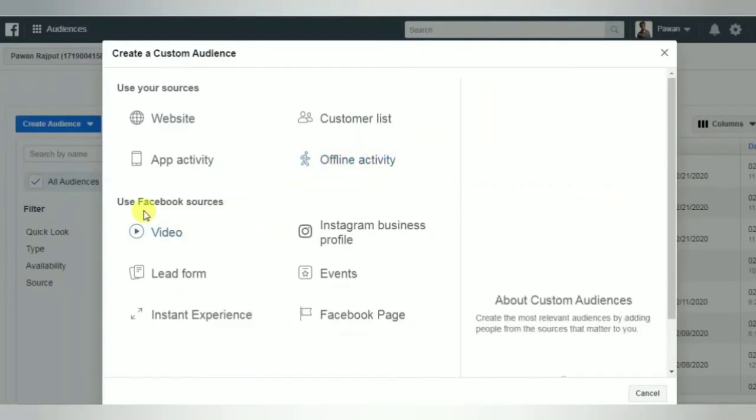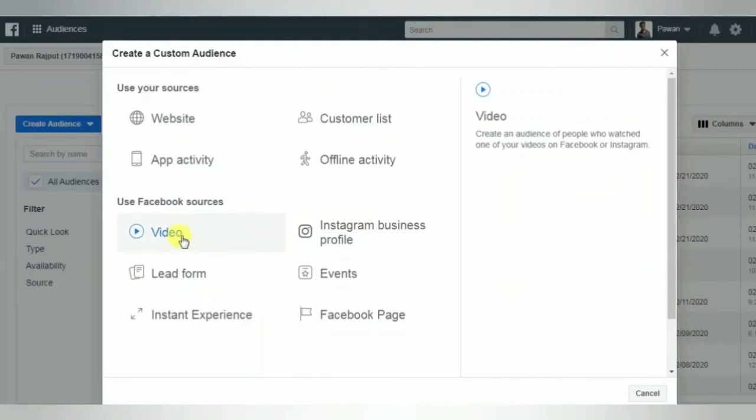In the Facebook sources, if you have already run a video ad, you can create an audience from the video ad. With an Instagram business profile, you can create an audience of those who have followed you or visited your Instagram profile, or who have filled your lead form.